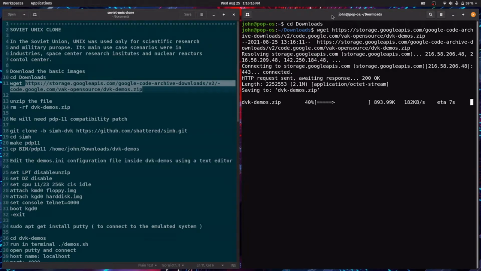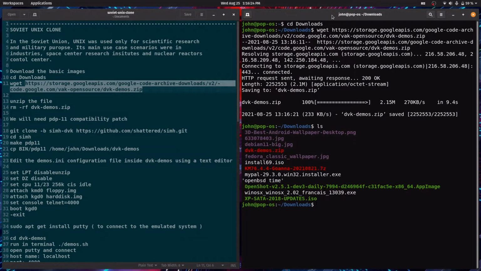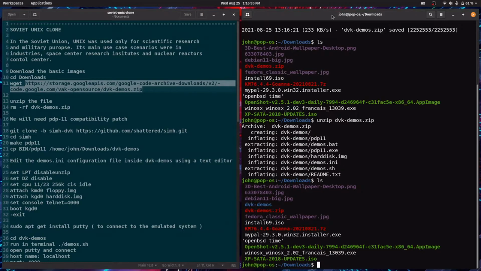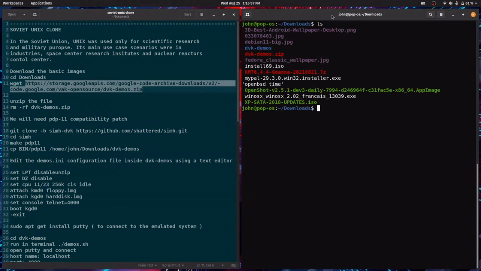It is downloading the file from the internet. ls, we see a new file called dvkdemos.zip. Let's unzip the file. ls. Now we can remove the older zip file.